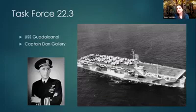This picture is actually taken a couple of months after the capture of the U-505. Now, let me backtrack a moment and just mention this important fact. Even before officially entering the war, the United States realized, and this was the mid to late 1930s, the United States Navy realized that in order to protect ships against U-boats, they would need to create what were called